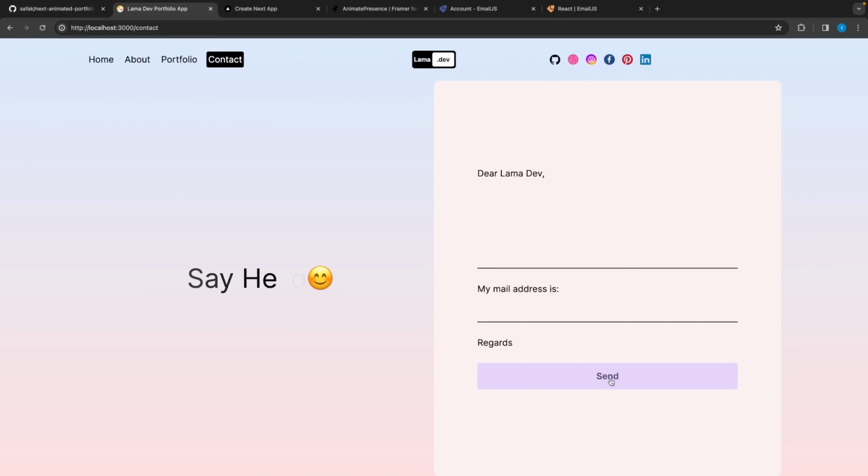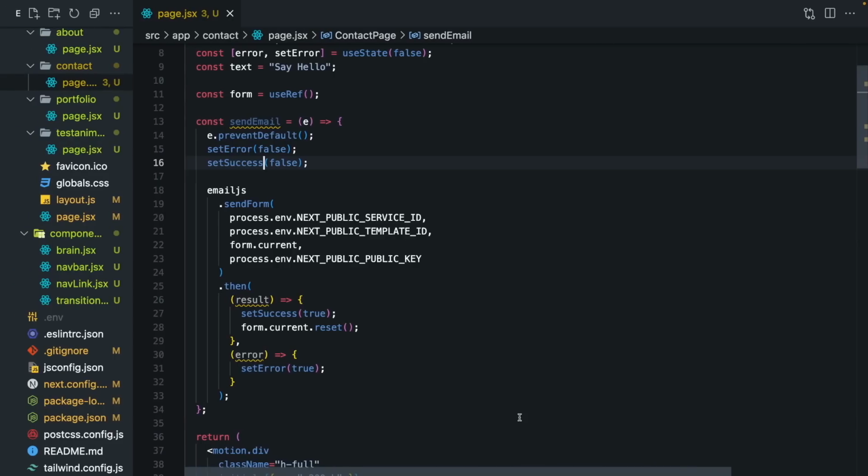So when we click on this button, we are going to remove all our messages first. And after, we are going to send. If there is an error, we are going to set our state. Or if it's successful, we are going to set the success and reset our form. Okay,